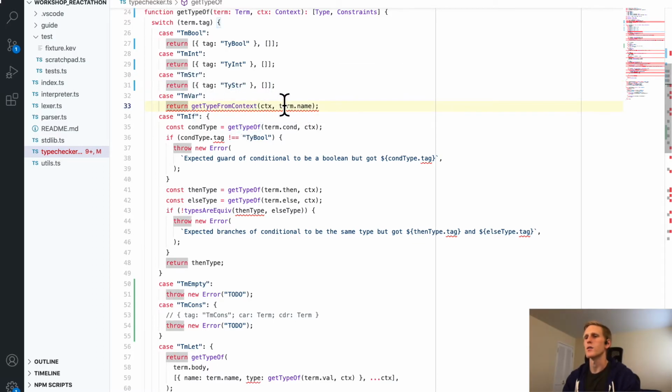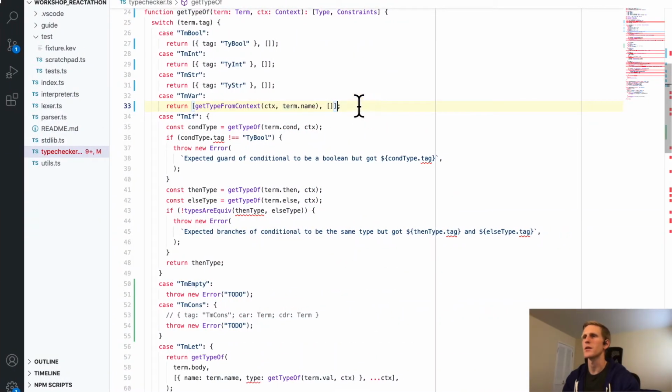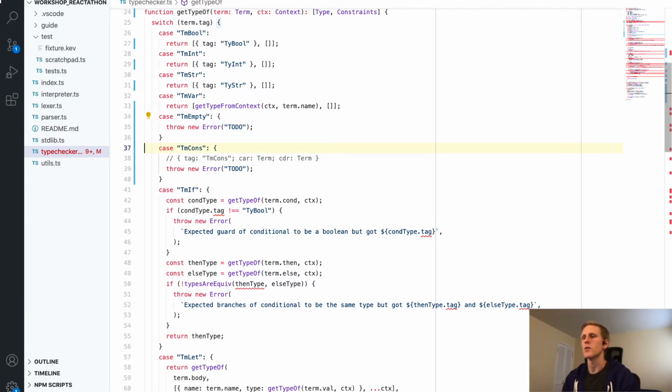Variable, we're still going to just look up the type in the context, and there's no real new constraints based on that variable. So yeah, we look it up in the context and no constraints generated. Okay, so empty. This represents an empty list of any type. So it could be a list of int, it could be a list of string, it could be a list of functions. So what we'll do is I'm going to create a variable for the element type,